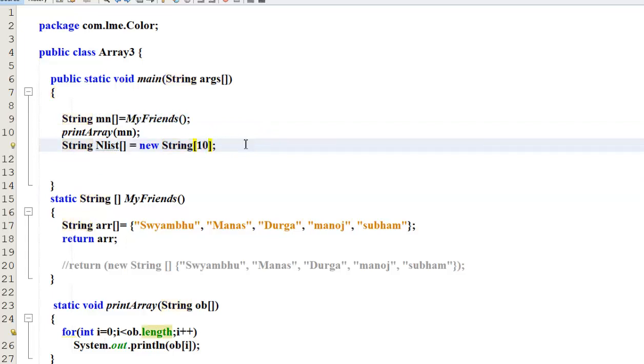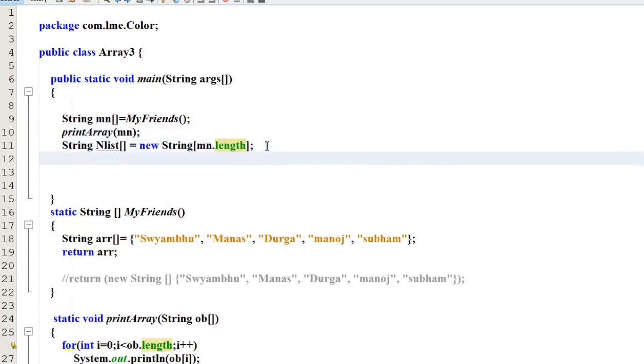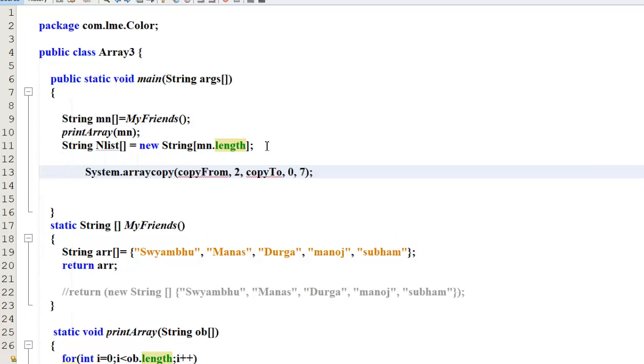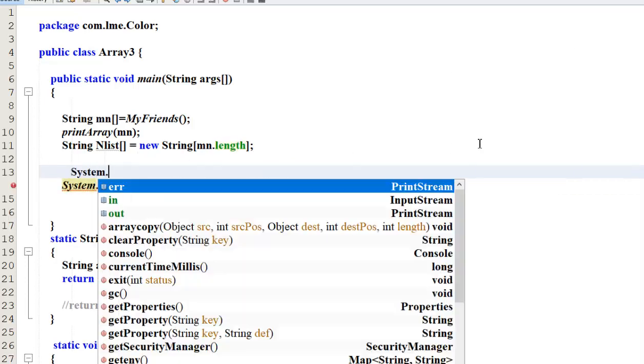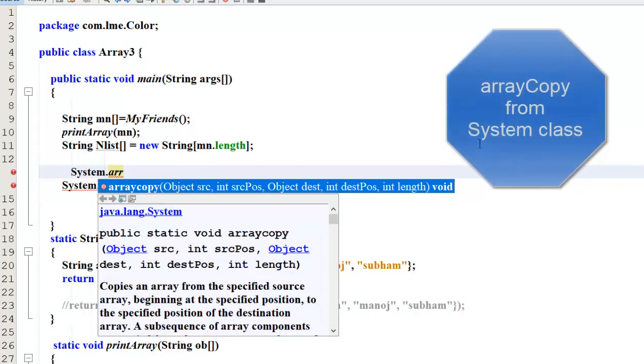10 is the size of the array. If I make it mn dot length, that is similar to the length of this array. Now what I will do? I have to use array copy, system dot array copy. See the syntax of system dot array copy. So how does it work?